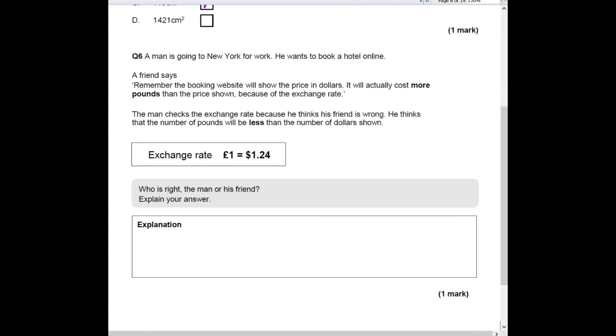Well, because they've given us an exchange rate, we're looking at ratios. So let's draw this as a ratio of pounds to dollars. £1 is $1.24. So by looking at the ratio, we can see that a pound is worth more than a dollar. So for our answer or our explanation, when you compare the two, the man is correct,